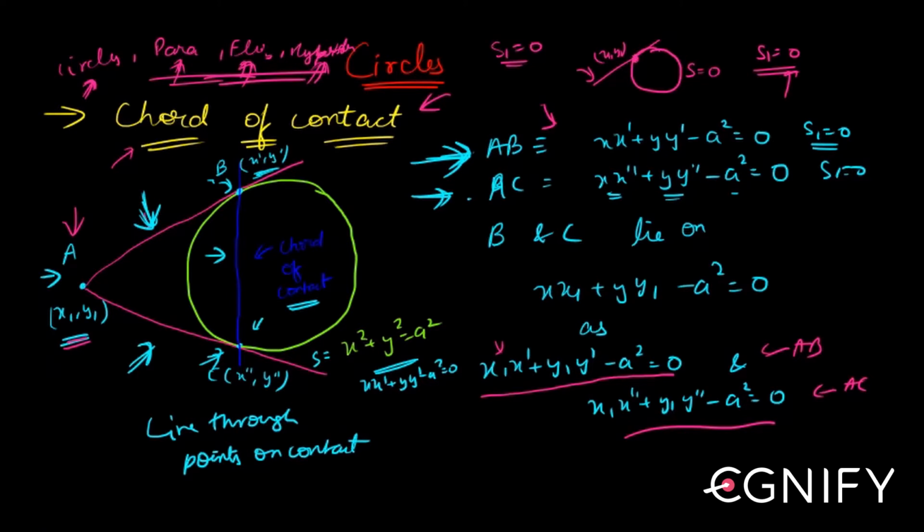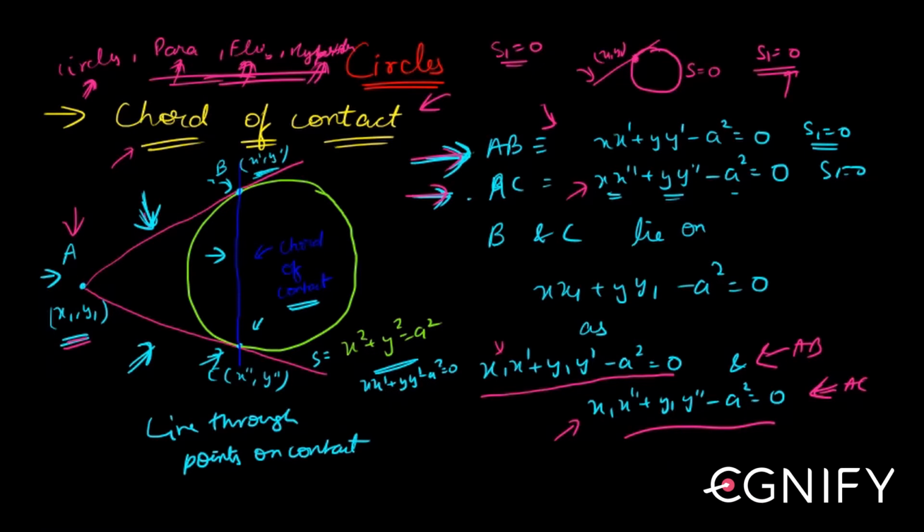If you put x1, y1 in this equation, it will become x1 x double dash plus y1 y double dash minus a square equal to 0. Right, because x1, y1 must satisfy both this and this, because both of them are passing through A. Right. Now, the more important question is if these two are holding good,